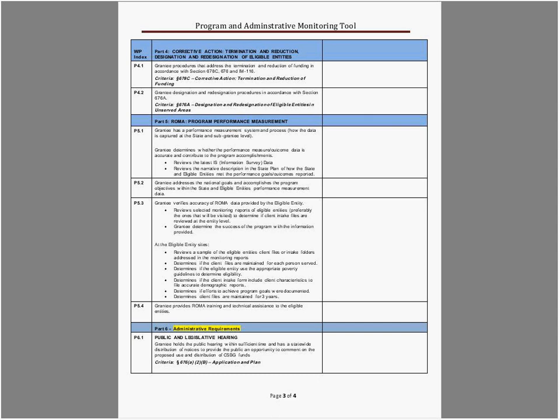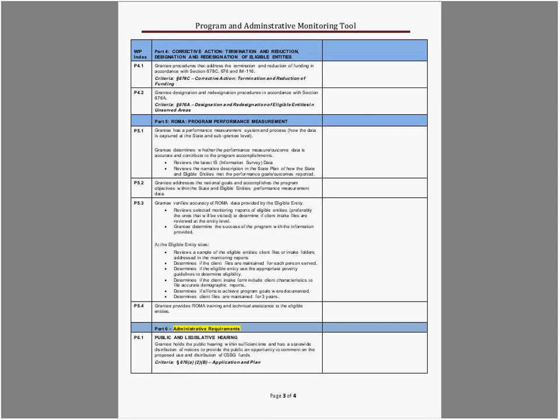Those are the criteria that the program monitors look for: reading the latest IS, the narrative description of the state plan. 5.2, the program monitor is ensuring that it addresses the national goals and accomplishes the program objectives within state and eligible entities' performance management data. 5.3, the verification accuracy of ROMA data.